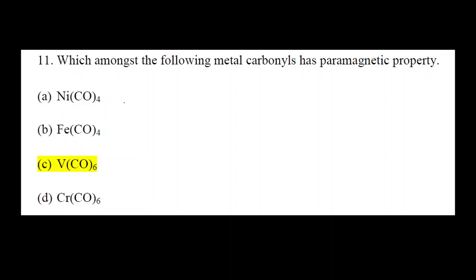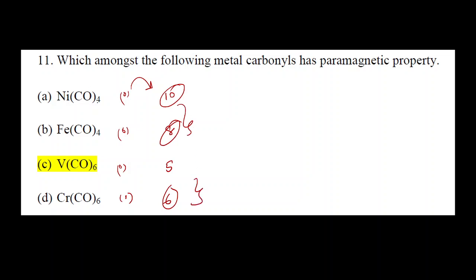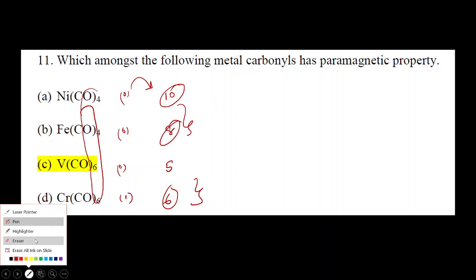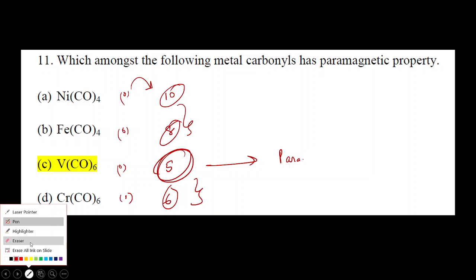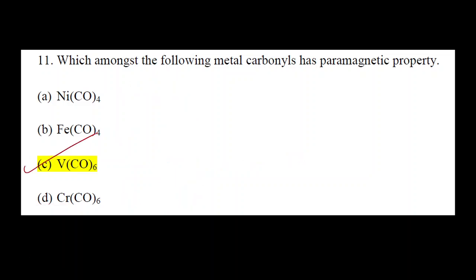How can you solve this question? If we have zero oxidation state in all the complexes, the total number of electrons would be 10 over here, 8 over here, 5 over here, and 6 over here. You can see three complexes have an even number of electrons. Since carbonyl is a strong field ligand, if we pair up the electrons, these three complexes will give diamagnetic behavior. But option C is the only complex with an odd number of electrons, so it will give paramagnetic behavior. That's how you can reach the correct answer quickly. So the correct answer for this question would be option